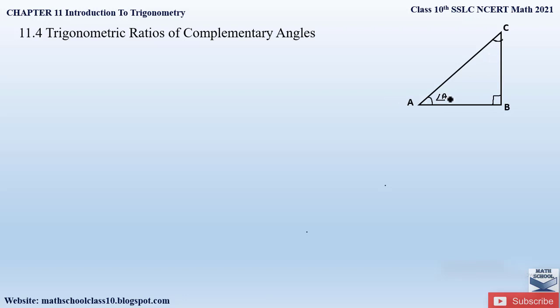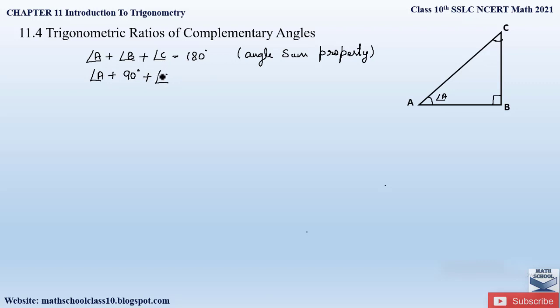So from the angle sum property, if you apply here, the angle sum property says all the three angles in a triangle is equal to 180 degree. So angle A plus angle B plus angle C is equal to 180 degree. This is from angle sum property, right? So here let us substitute the values of the angles which we know here. So let us write angle A as angle A only, plus angle B is 90 degree, and we don't know the value of angle C as well, so we are writing as it is, equal to 180 degree.